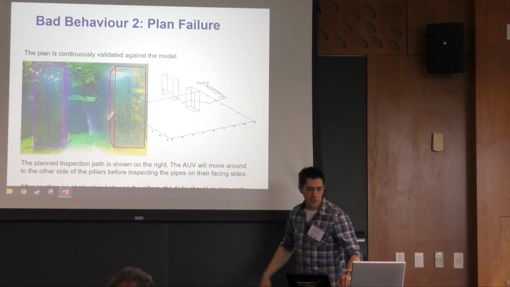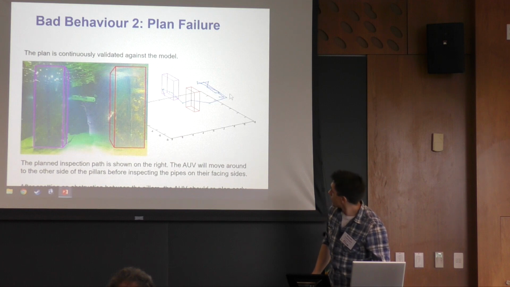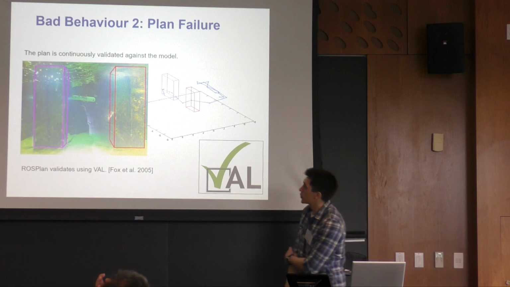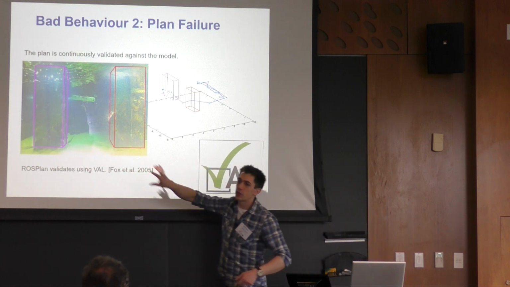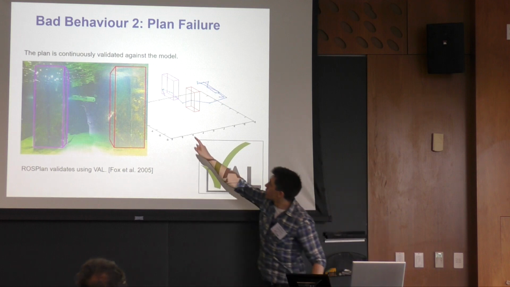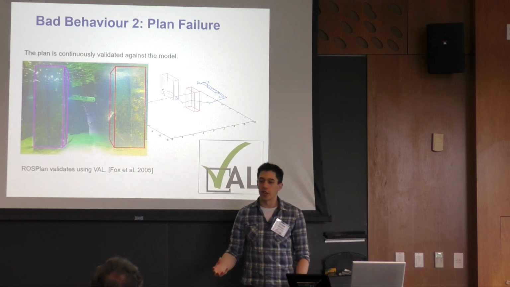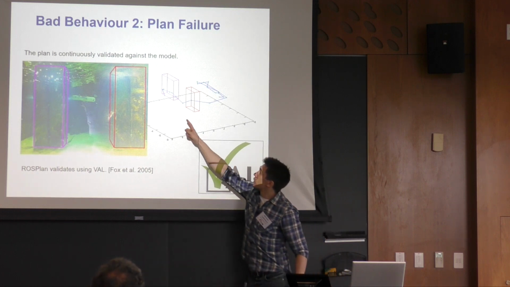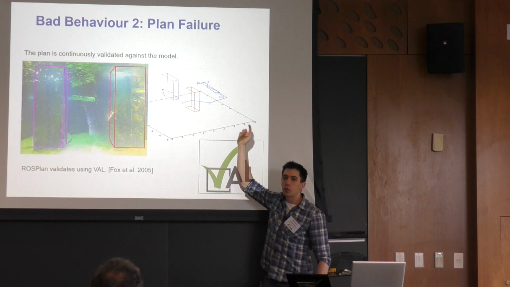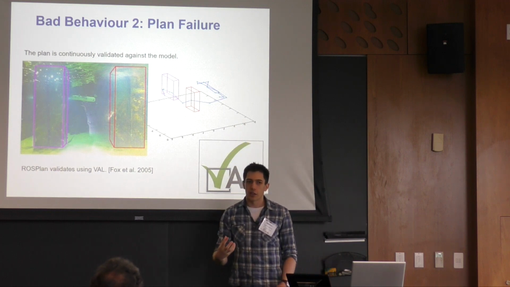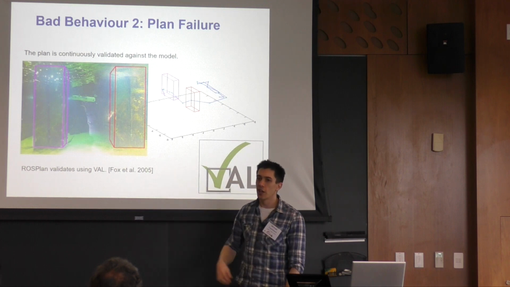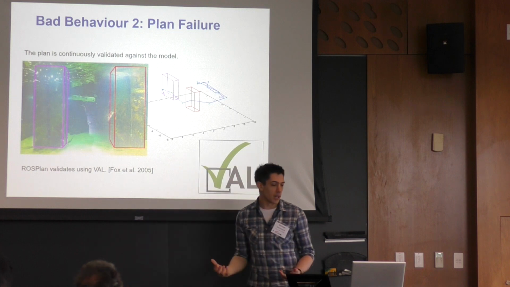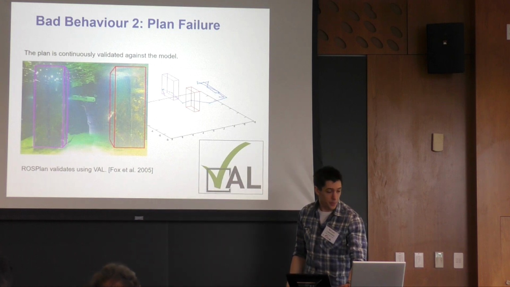Here it says that after spotting an obstruction, there we go, it should replan immediately. Because what happened was we placed an obstruction in the middle, and as the robot began to move around, it could see that there was an obstruction there after the first inspection, and was able to replan straight away, rather than spending a lot of time moving to the other side and performing all of the other inspections, only to then have to move back again in the best case. And in the worst case, just taking sonar readings of the obstruction and reporting data that was completely useless.